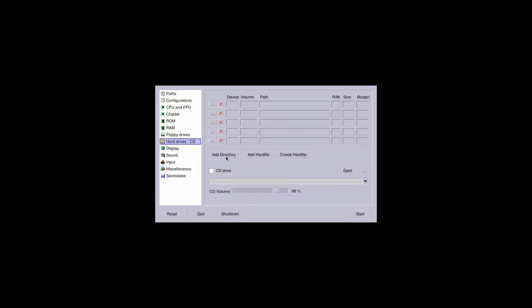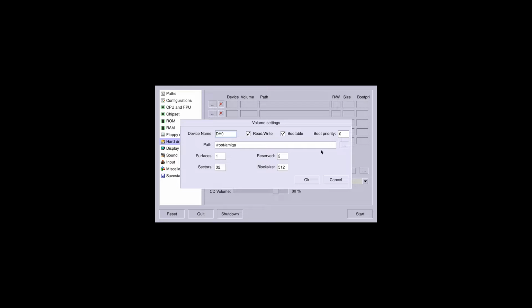At this point we're going to want to perform the installation of Workbench. What you're going to want to do is click this A1200 and click load, and that will pre-populate some fields over here. We're going to go through here a second time. We're going to go to RAM, and you're going to want to crank this up to 8 megabytes of RAM. And then you're going to want to go to hard drives and click add hard file. And we're going to want to browse in. Root, Amiga. You actually have to click the word, and it's single click, not double. And then HDD, and then system.hdf.